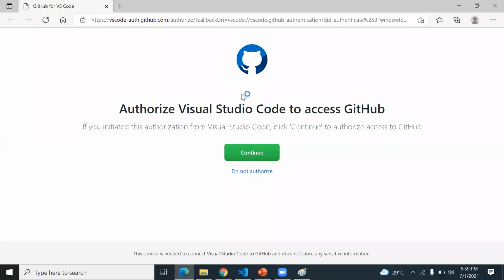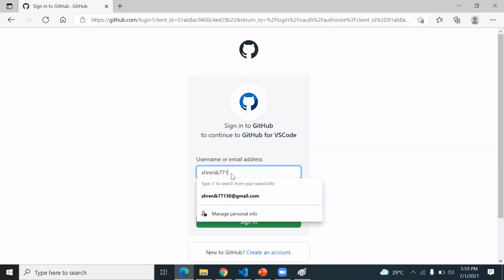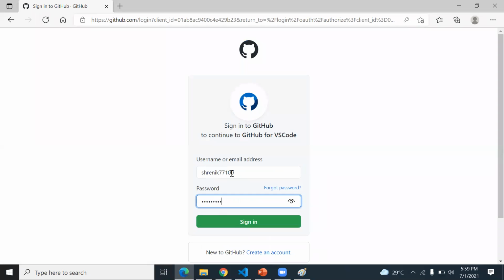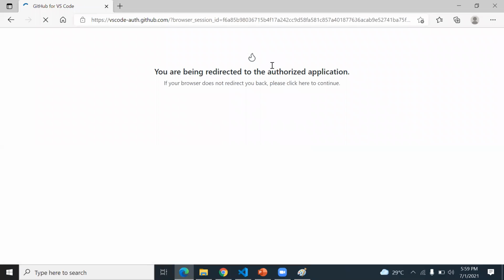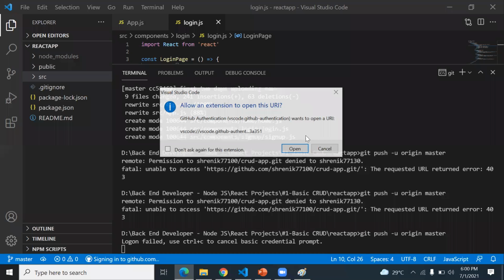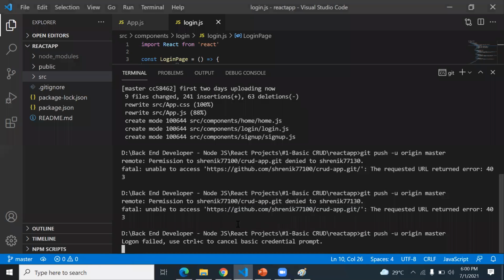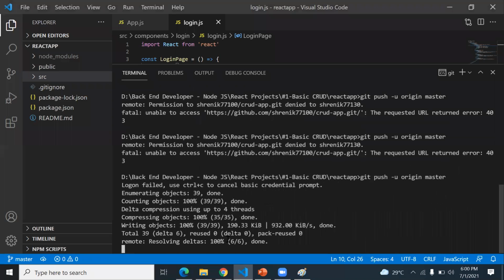I need to log in the first time only, but when you go next, it will not ask you to do this step. This is just for the authentication. Yes, it's working perfectly.